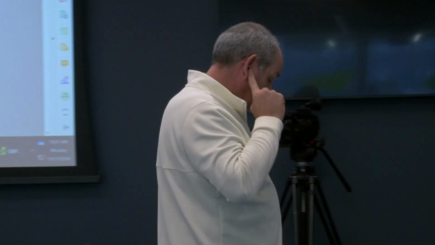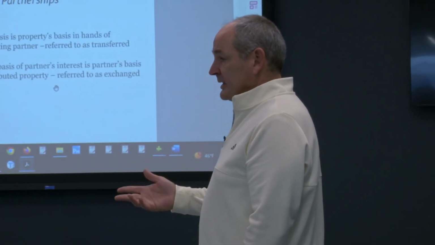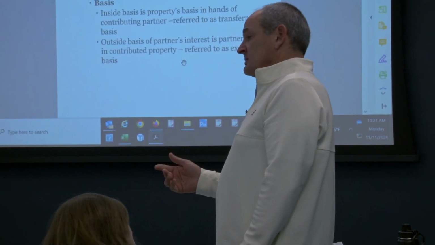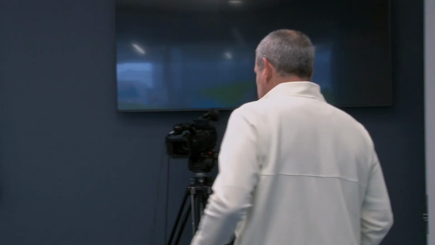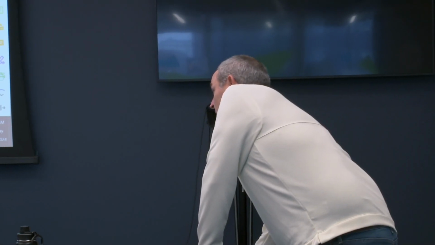Okay. And the 723 is going to be, what's 362? What's that formula? Old basis in assets transferred plus gain recognized by the transfer. So basically, in partnership, that's the formula for both 722 and 723: old basis plus gain recognized. The only time you're going to have gain recognized is when you have a transfer of debt. We're going to talk about what that is and how that works. And that's probably it. So inside and outside basis should be equalized, and generally they are. Not very often are you going to have a gain.